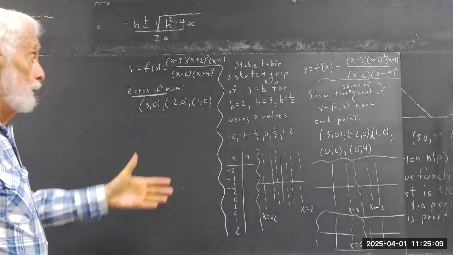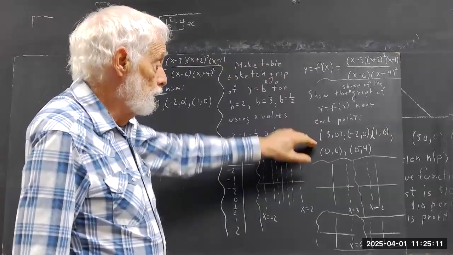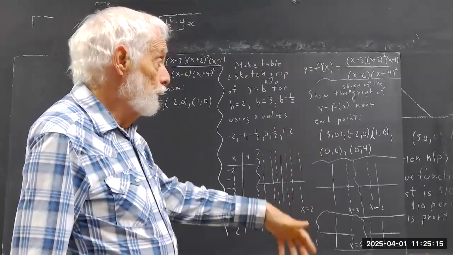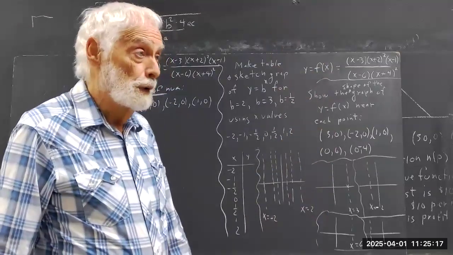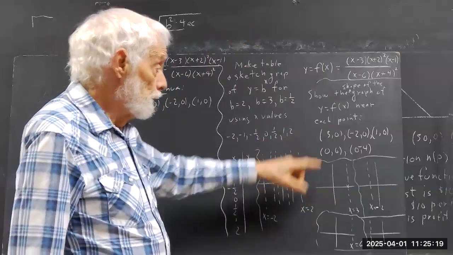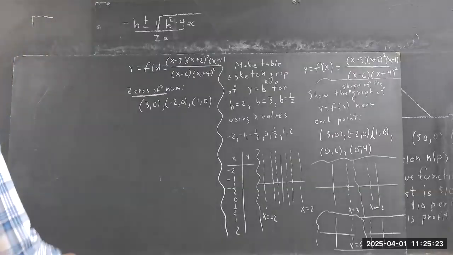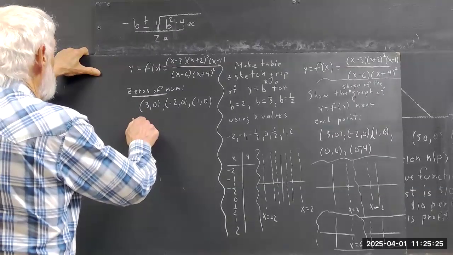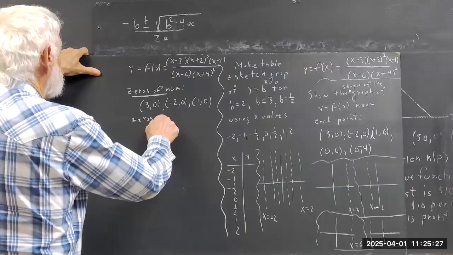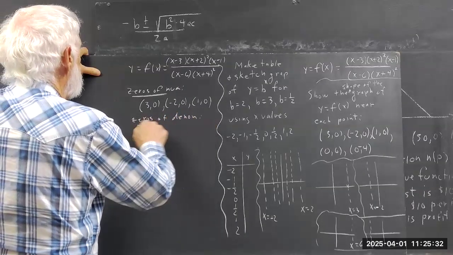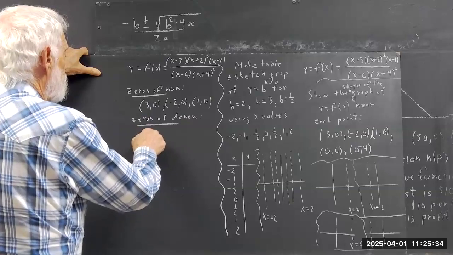If you see a problem like this and I ask you to do something mysterious with it, and I say, well, if you can't do that, go ahead and just construct the graph. Well, if you start to construct the graph, you're going to identify these points. First thing you're going to do: the zeros of the denominator are